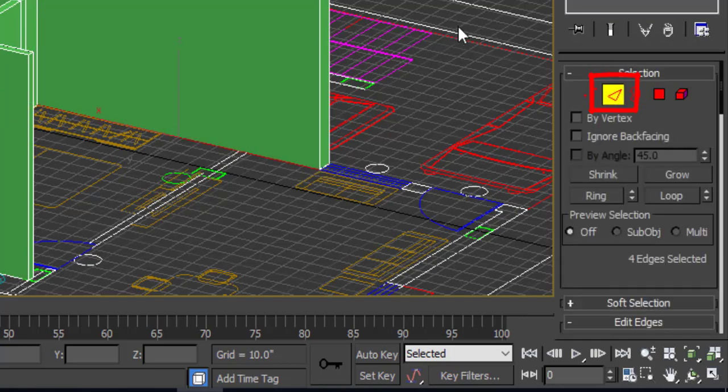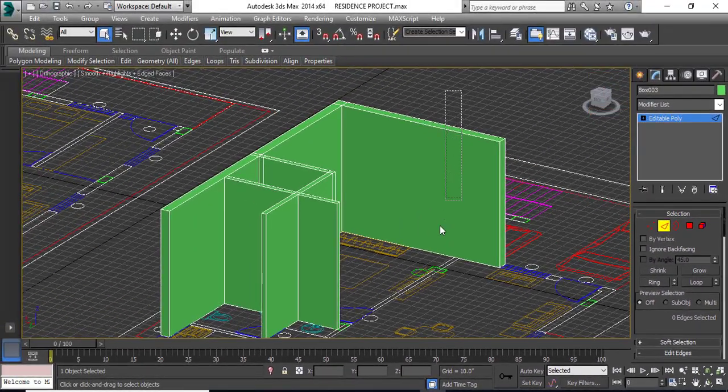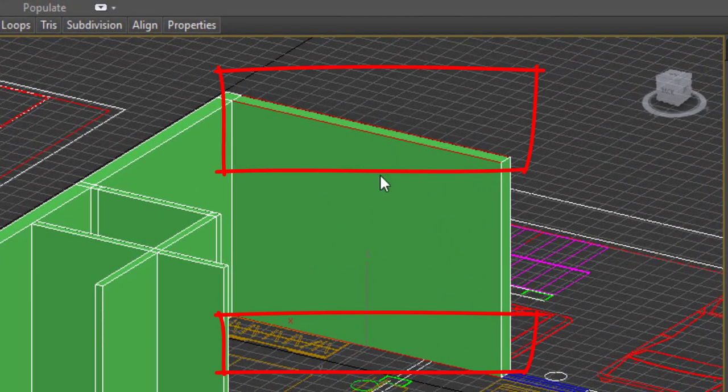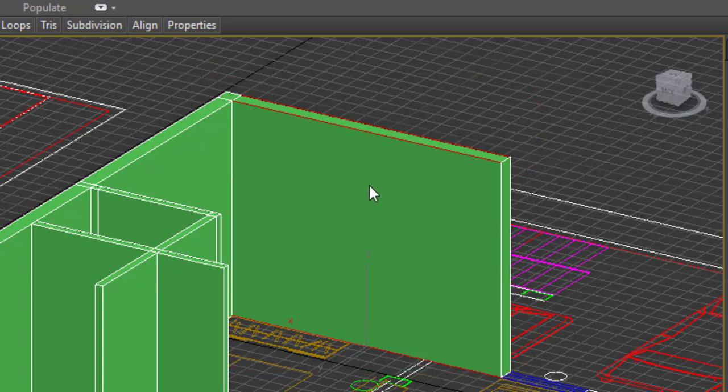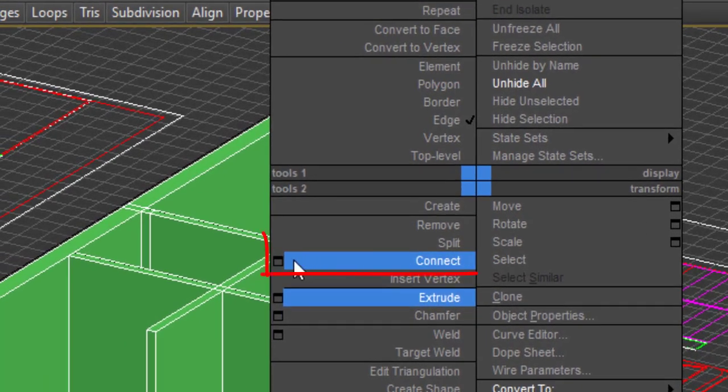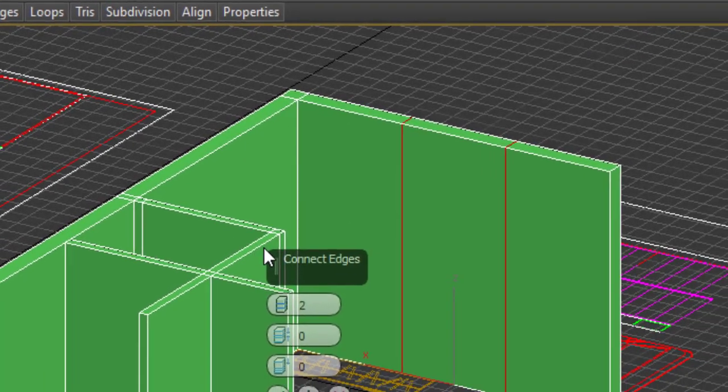So we'll click on edges and select the horizontal edges of the outer wall, as shown in front of you. This red line indicates that the wall has been selected. After selecting, right click on it, go to connect and click on the box as shown.